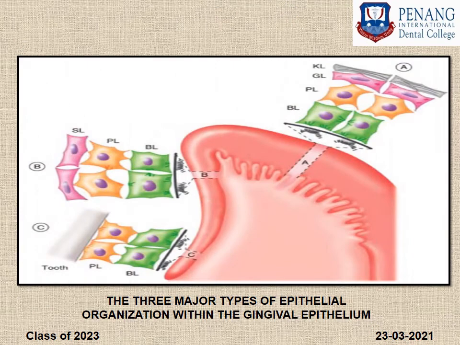Here you can see the three types of gingival epithelium. As I told you, the area within the tooth structure, the entire epithelium is connected to the tooth by means of the junctional epithelium, that is your C, and the area covering the sulcus is known as the gingival or sulcular epithelium. Here you can see the outermost layer having the cells, and the outermost area is your keratinized area having a layer of keratin. This is your outer enamel epithelium or outer oral epithelium in the gingiva.